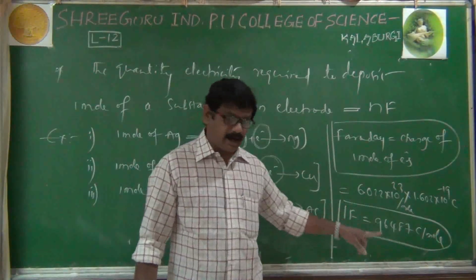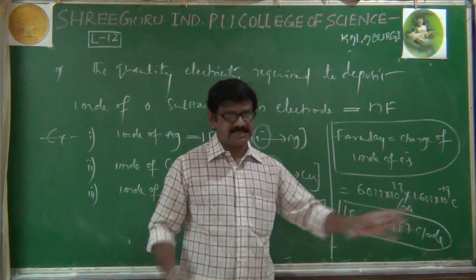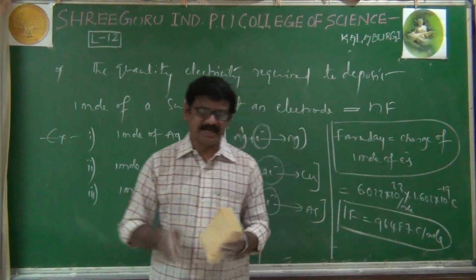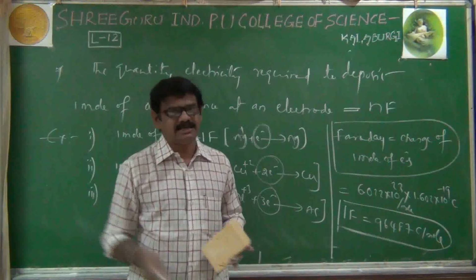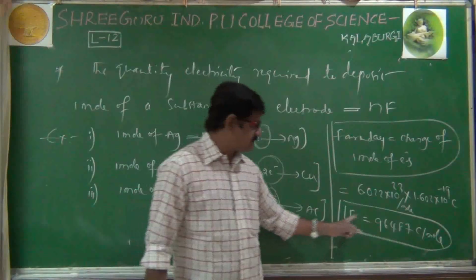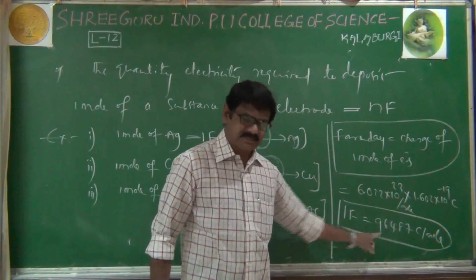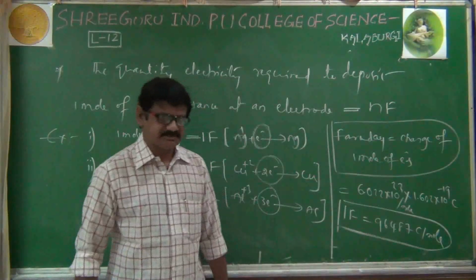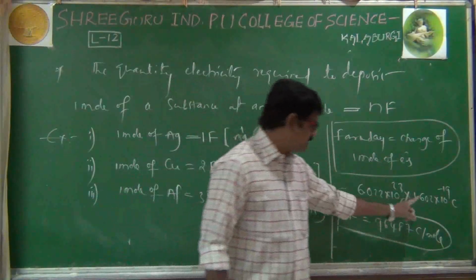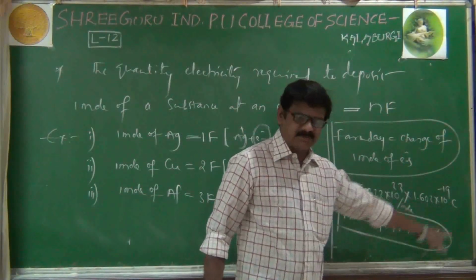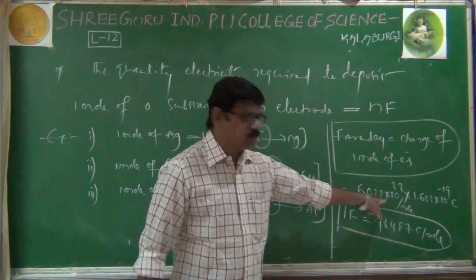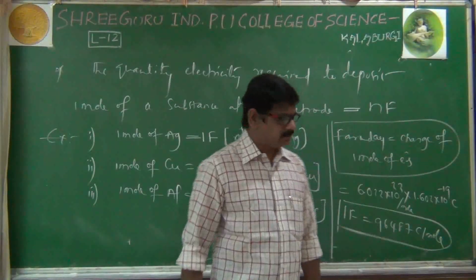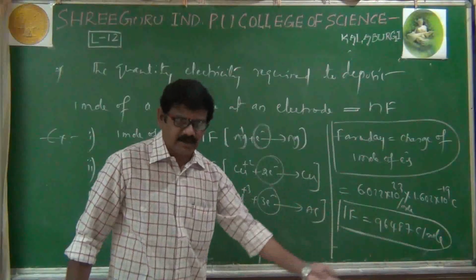Either 1 Faraday or 96,487 coulombs of current is passed into an electrolytic cell, then the amount of substance deposited is equal to its equivalent mass. That's why either this value or this value, both are the same, because 1 Faraday is nothing but the charge of 1 mole of electrons. Therefore, 1 electron charge is 1.602 into 10 to the power of minus 19 coulombs. Then for 1 mole, we have to multiply by the mole quantity. You will get 96,487 coulombs per mole. Not completed, still we will extend that one.